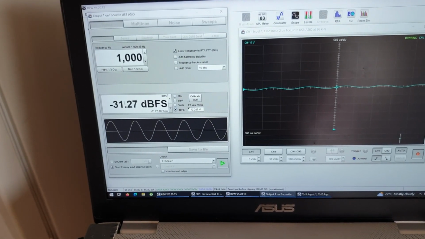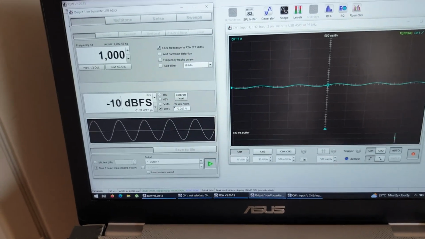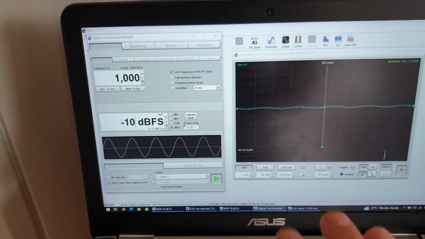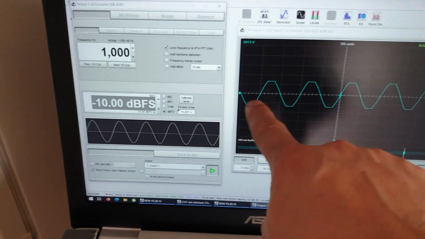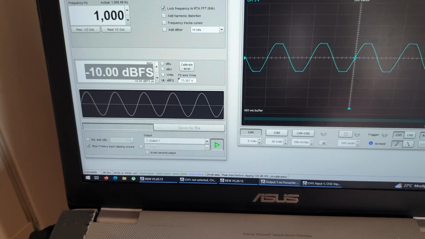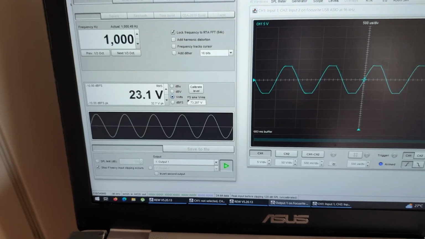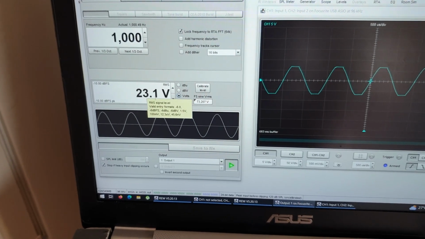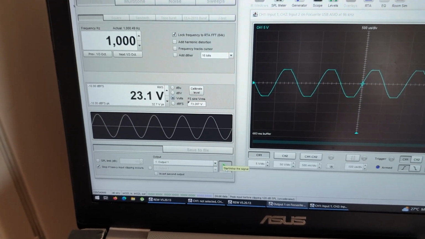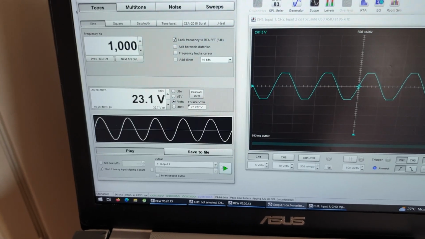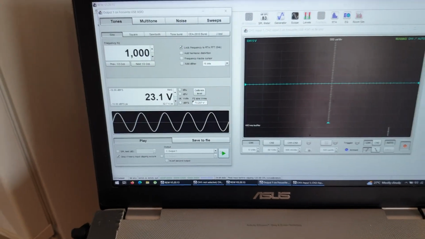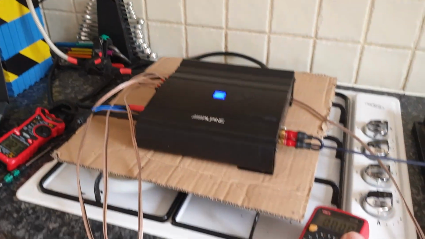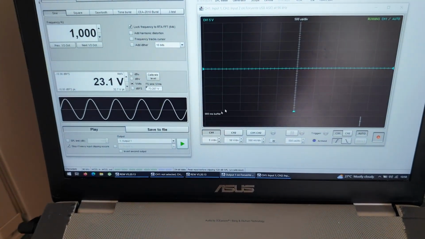If I go to dBFS again and put minus 10, because remember, minus 10 is the biggest signal that I have and it's clipped. Press enter, it is clipped. And here, if I change to volts, it is 23 volts. So 23 volts is a clipped signal. So 23 is the highest that I would ever want to go, probably even lower, down to 20 volts. So this is now set. Everything is good. Now what I need to do is